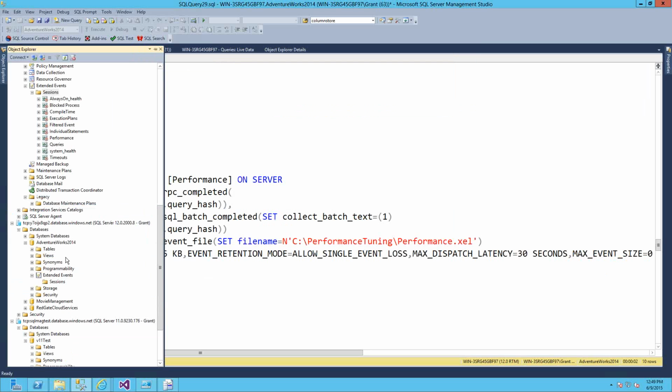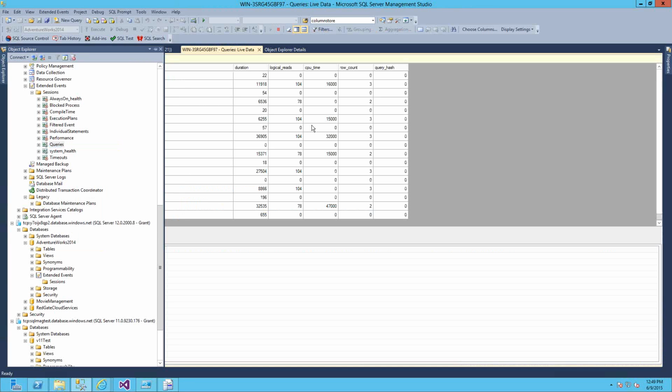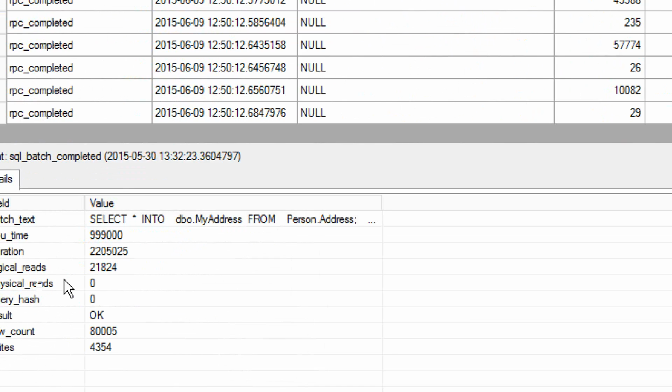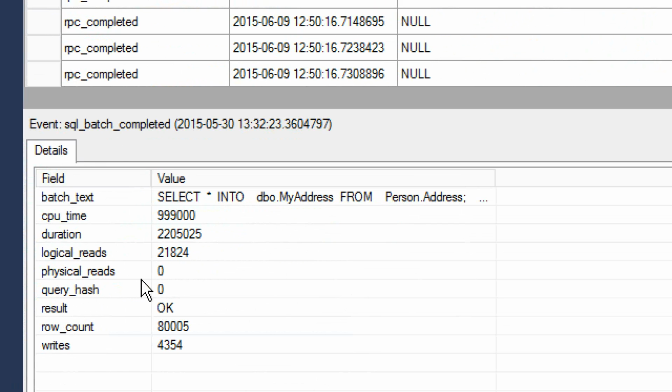Now, if we take a look at here, I've got one already running. We can click on live data. Oh, and I skipped the advanced tab because you guys don't need to see that. And so what I've got now are all the queries running against my AdventureWorks database. So any query that comes in, and you'll notice there's lots of activity because remember we started that PowerShell earlier, and so we're seeing all kinds of queries come by. The basic event is going by right here. And so we're seeing SQL batch complete in this case. And it shows us the batch text, CPU time, duration,